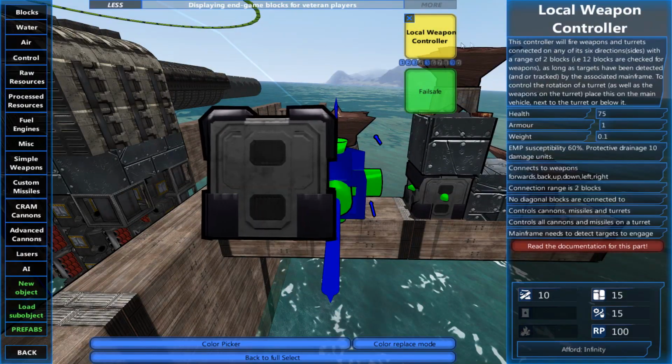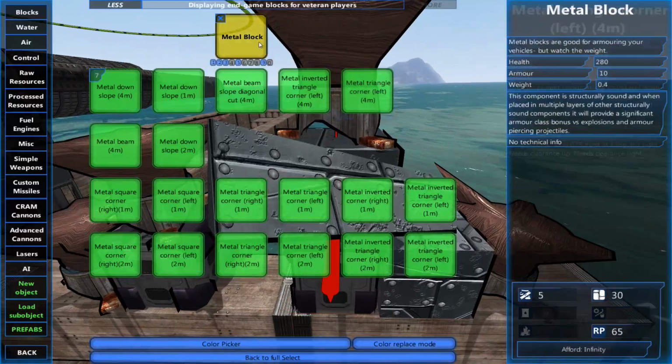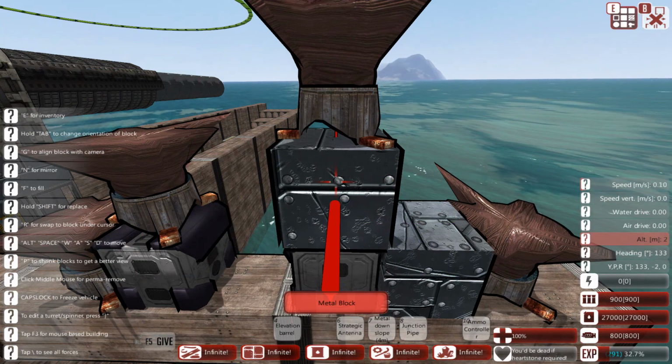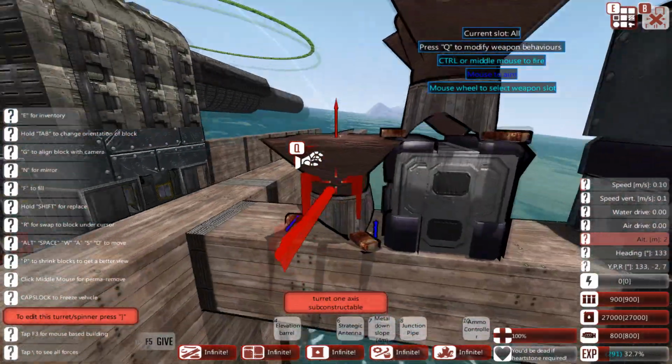The reason is, if you look at the health for the block, it's only 75. It's absolutely pathetic. A metal block, on the other hand, has 280 health and 10 armor. Makes a big difference to how survivable your turret is. It's also probably not worthwhile putting them here either, because you can at least get a little bit of armor